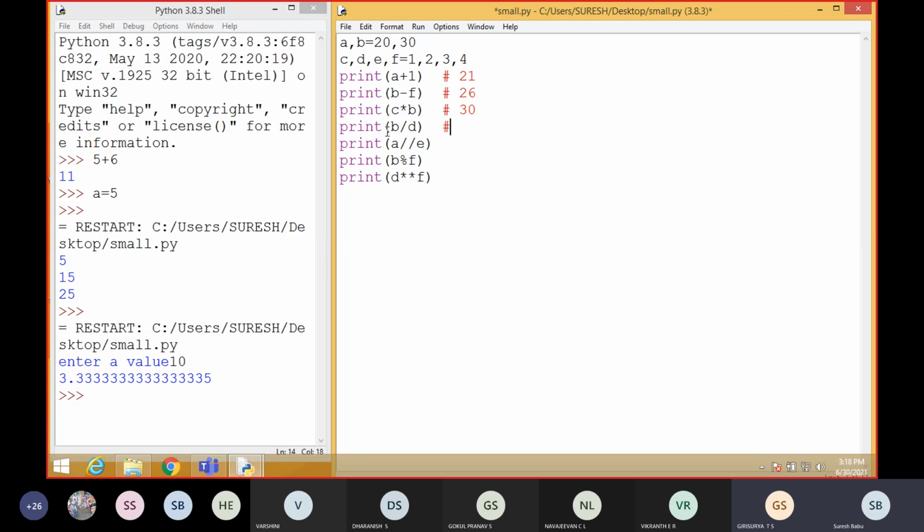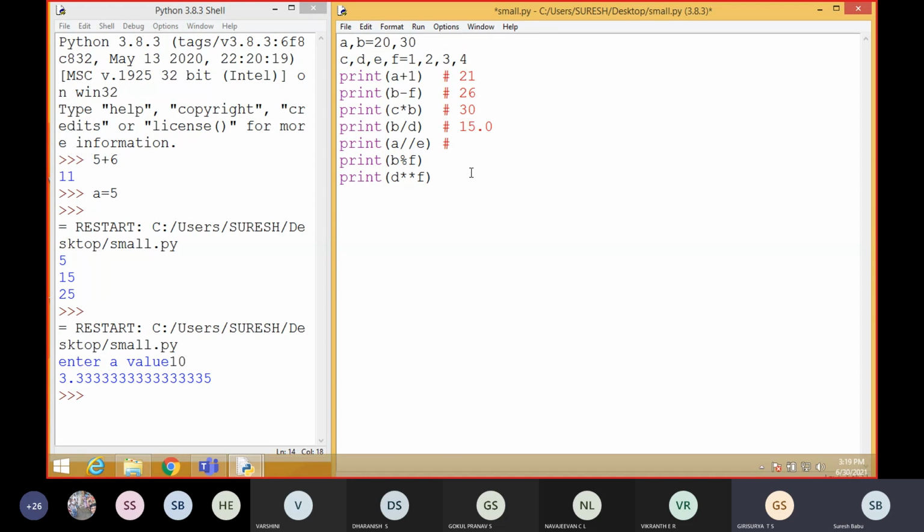b is 30, d is 2. 30 divided by 2. What is the answer? Sir, 15.0. Yes, 15.0. That is exactly right, because in a Python program it will display as a floating point value. Then floor division, a slash slash e, that is 20 slash slash 3.